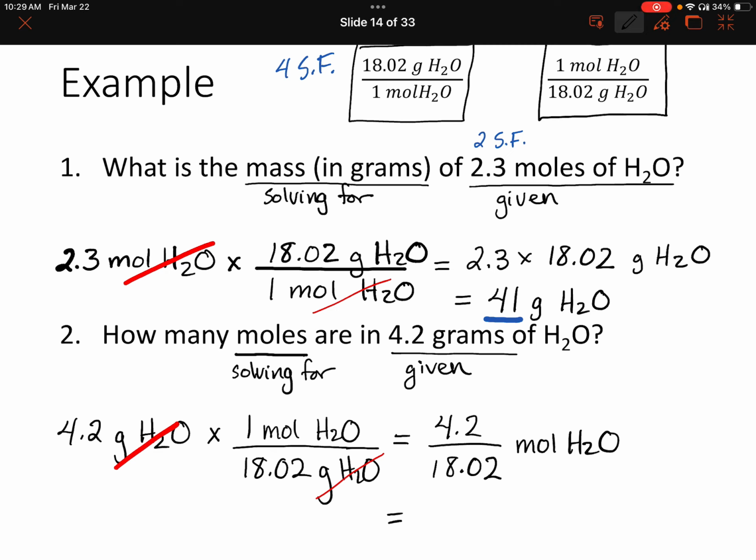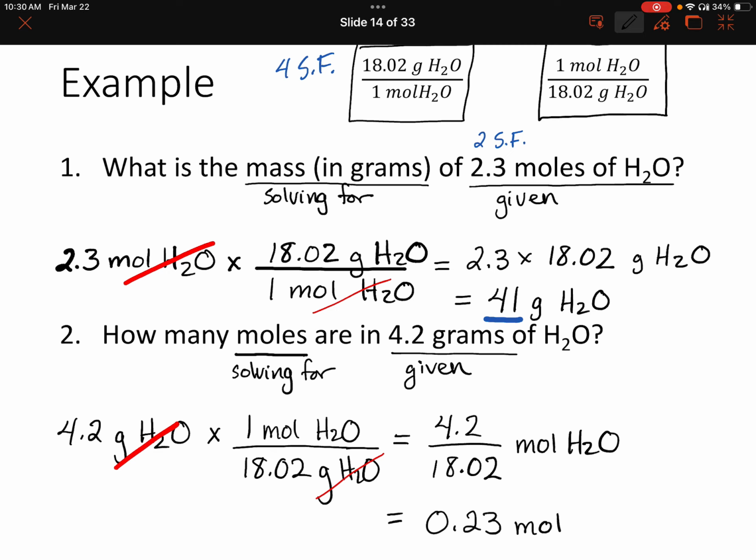And how many sig figs should we have in our final answer? 2, right? We were given 2 sig figs in the value, 4.2 grams. And we already said that the molar mass had 4 sig figs. So we're going to limit our answer to 2 sig figs. So I got a value of